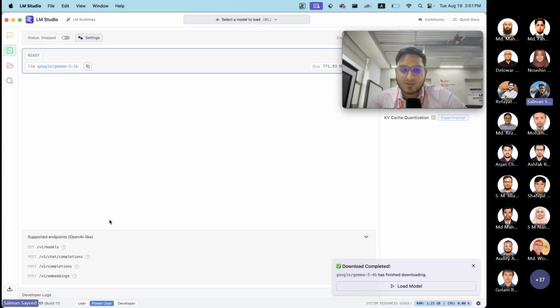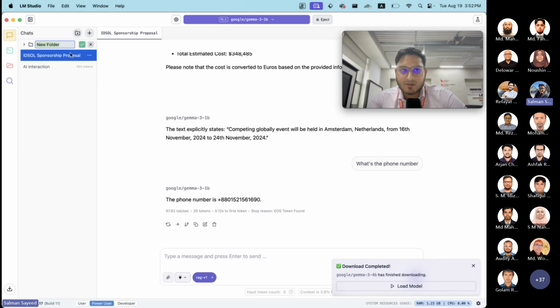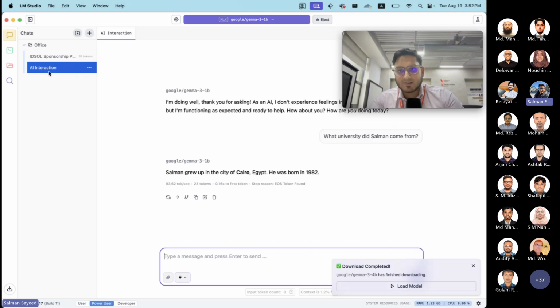এখানে ঢুকে ওদের ইনস্ট্রাকশন অনেক কিছু থাকে, ওগুলো দেখে নিতে পারবেন। আর চ্যাট মডেলে আপনি চাইলে চ্যাটগুলোকে এখানে ফোল্ডার ক্রিয়েট করে রাখতে পারেন। সো লেটস সে আমি অফিসের যেই চ্যাটগুলো এগুলোকে যদি আমি একই জায়গায় রাখতে চাই, আমি অফিস নামে একটা ফোল্ডার করে আমার চ্যাটগুলোকে ফোল্ডারের ভিতরে রেখে দিতে পারবো, পরে আমি সেগুলোকে এখান থেকে অ্যাক্সেস করতে পারবো।